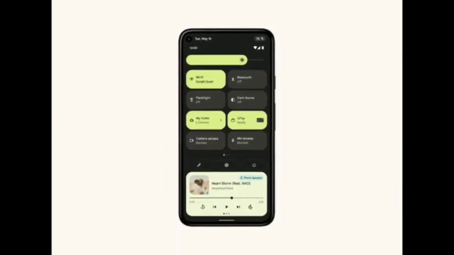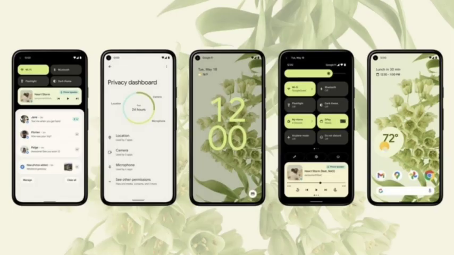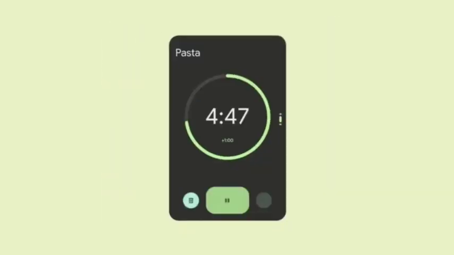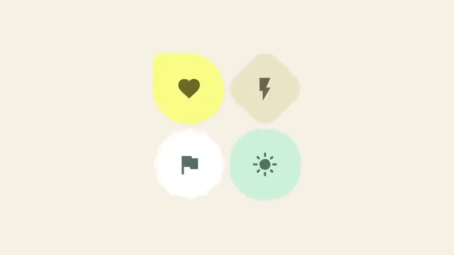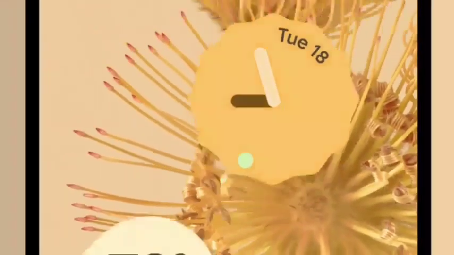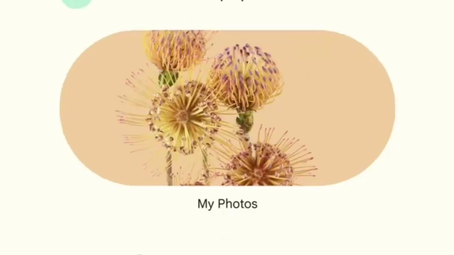Smooth motion and animations, fluid motion and animations. Android 12 fluid motion. From the moment you get an Android 12 device, you'll feel how it comes alive with each tap, swipe and scroll. Your phone instantly responds to your touch with smooth motion and animations. For example, when you dismiss your notifications on the lock screen, your clock will appear larger so you know when you're all caught up.